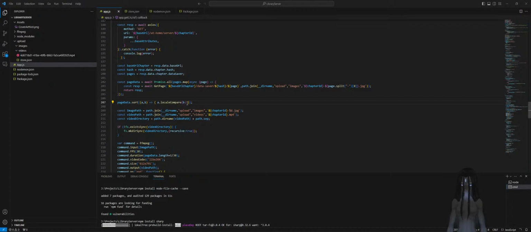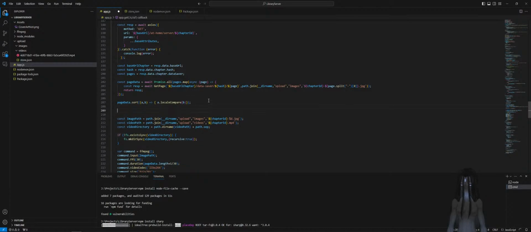Okay, cool. Now we have it sorted. So this should now be from 0 to whatever number. And then what we can do is, we have a preview, which is just the image, right? So now the structure is